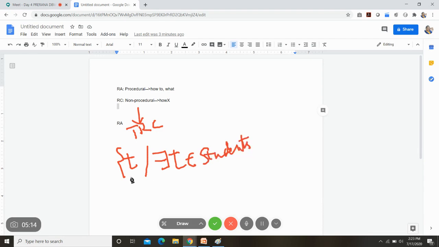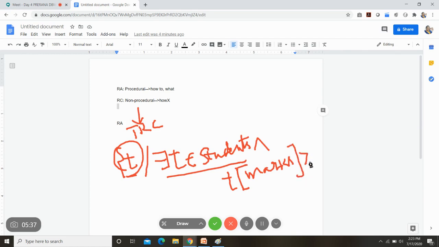Here T is the one which you wanted to retrieve, and this T will be available only in the student table, such that what is our condition? You specify for that tuple, T of marks greater than 50.